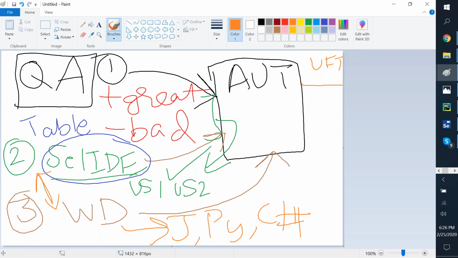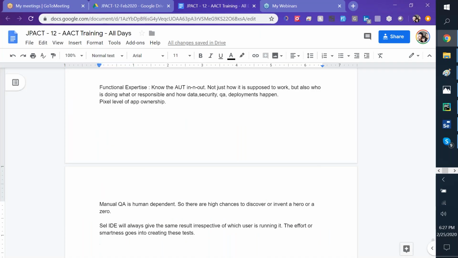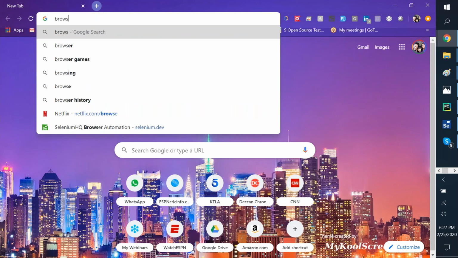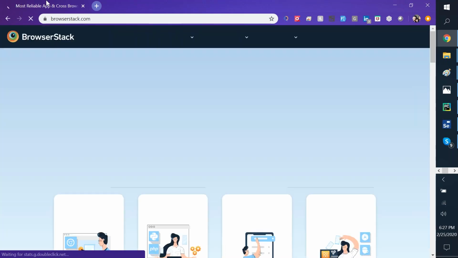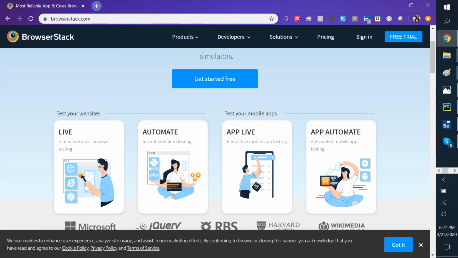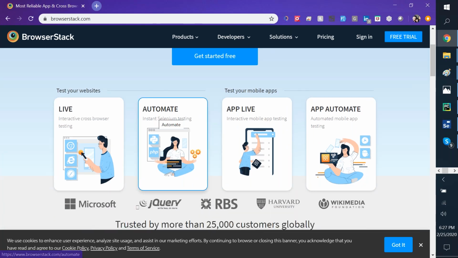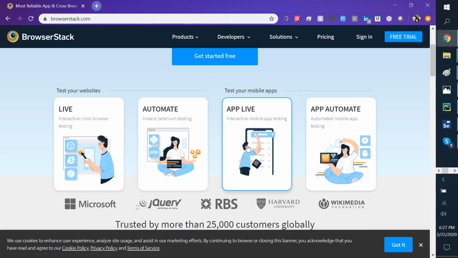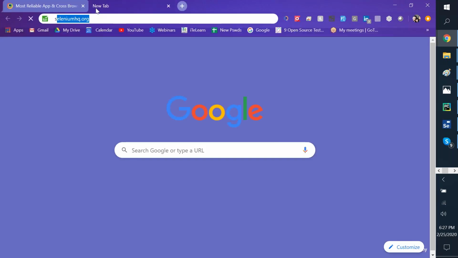Then come other tools called SaaS products. Software as a service. In software as a service, what happens is you basically give that whole thing to something like, for example, browserstack.com. So it is a place where you can create tests, record tests, maintain tests, and execute tests on virtual machines directly from their applications. Similarly, there are applications like